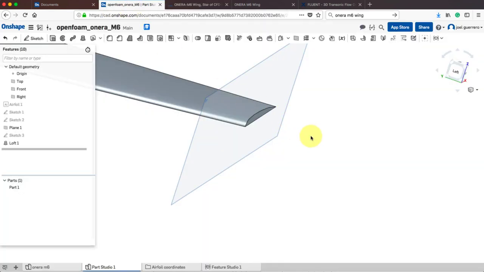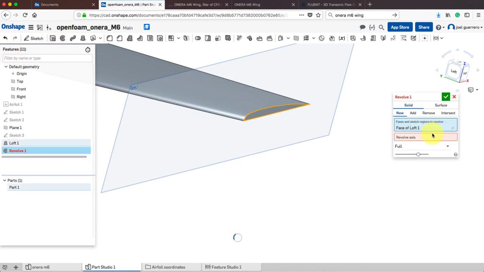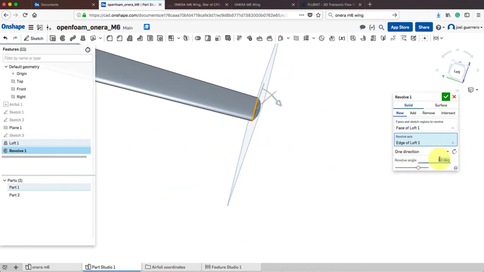Okay, so the first and the simplest method, probably you already imagine that one, you can use a revolve, we already did it. So we create this face, we revolve this face around this axis. So for instance, I can go here, revolve, select this face, revolve axis, this one, and I want to create a new part. Okay, see here that you have the option to add. So you are adding this one to the previous geometry. I want to have different parts, and I will show you later why I'm doing this. And I don't want a full revolve, I just want one direction, and this is 90 degrees. Okay,